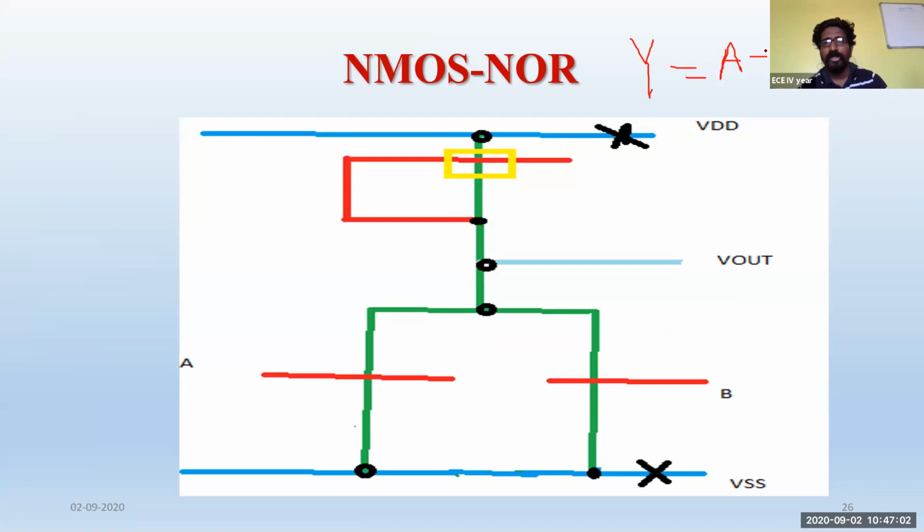So if PMOS is going to be in series, that complete P block is being replaced with one depleted N transistor. And here, these are the two parallel N transistors. This is T1 and T2. The operation will be same. When both the transistors are high, you will be getting logic 0 as an output here. When both the transistors have been supplied with logic 0, the output will be logic 1. So this is a stick diagram for your NMOS NOR gate.